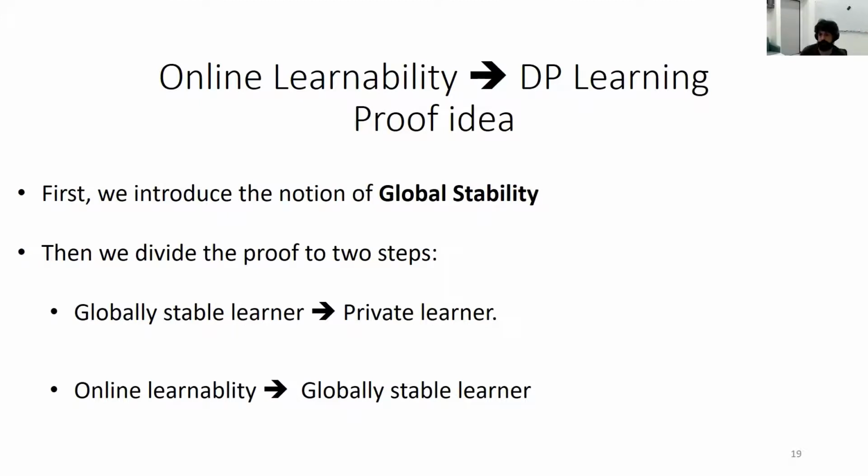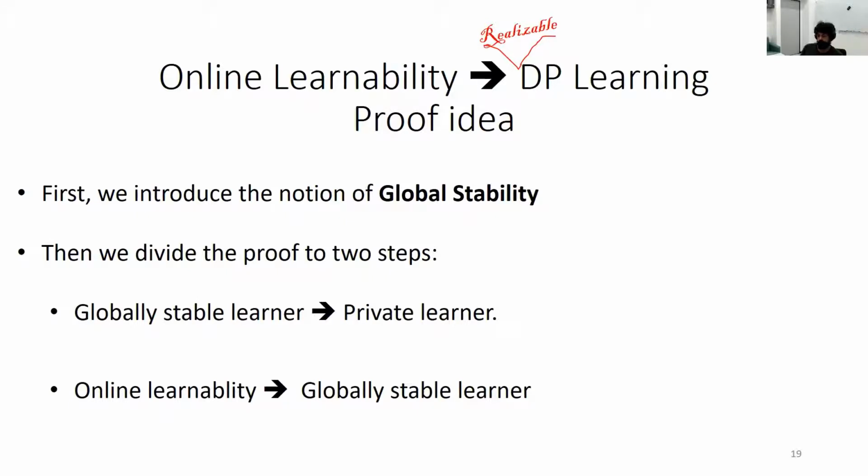Thank you very much. I will go over the proof idea behind our result that online learnability implies DP learning. As Shay stated, previous results showed that DP learning implies online learning, hence we obtained the equivalence. I also want to mention that I will focus here on the realizable case, where the general case then follows from a generic reduction due to Alon, Bun, Moran, and Stemmer, and I will not cover this part.